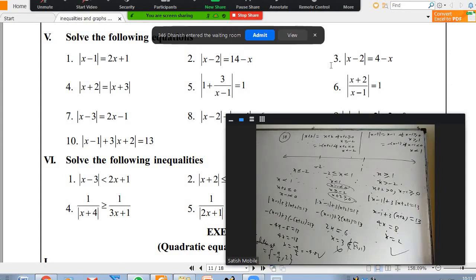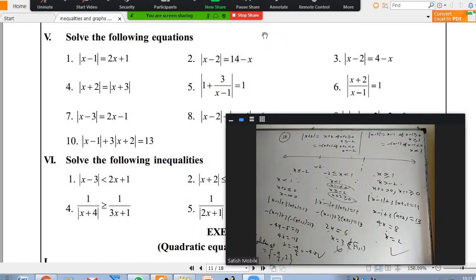Sir, in the middle, why did you take minus 2 is less than or equal to x is less than 1? Why didn't you take x is less than or equal to 1? Already I took equal to 1 in the middle. I have to consider it here or here. You can take anywhere you want. Similarly, minus 2 I don't have to write in both. Let me write only minus 2 here. I have to put equal to here or here in only one place. Anywhere you can keep it, not a problem.